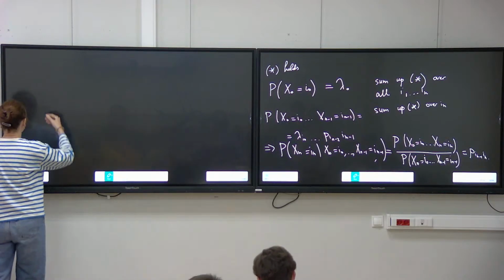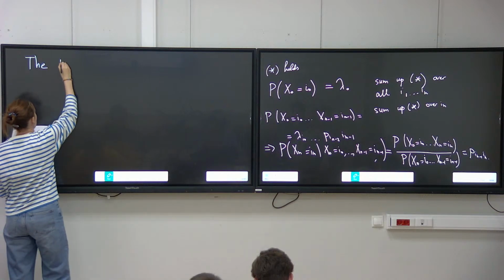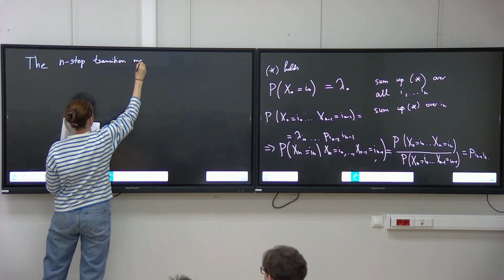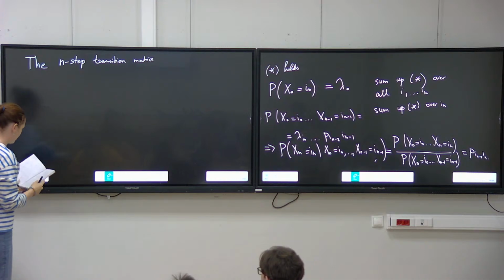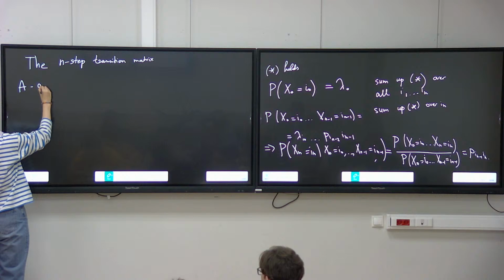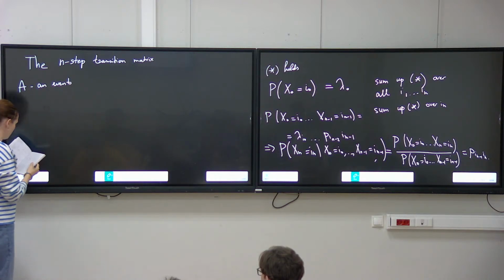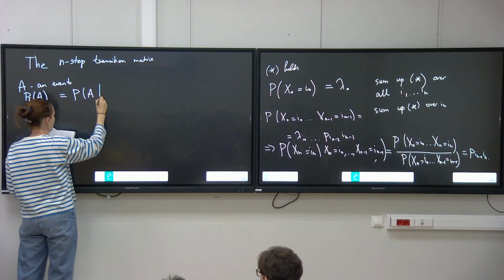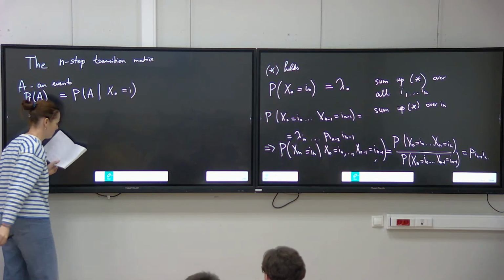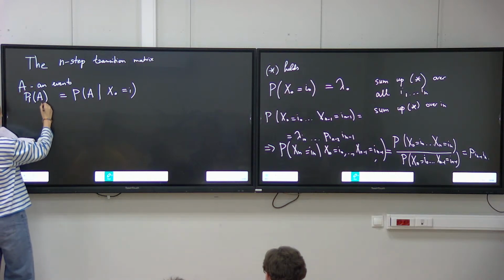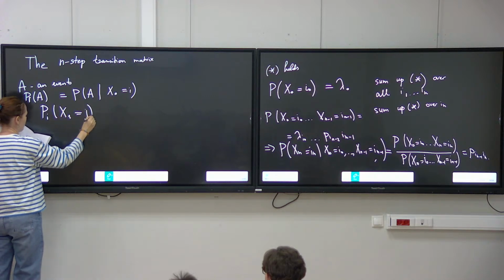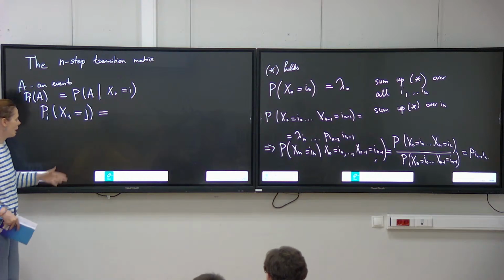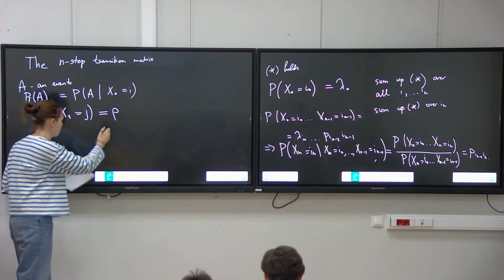So, the next point in our journey is the n-step transition matrix. So, let us take some event, and I will add one more notation. It's just a notation. So, P_i of A is the probability of A with the condition that x0 took the value i. For example, what kind of A can we consider? The probability of the fact that x1 is equal to some j is what? It's the probability of x1 being equal to j with the condition x0 equal to i, and this we know. It's an element of the transition matrix,